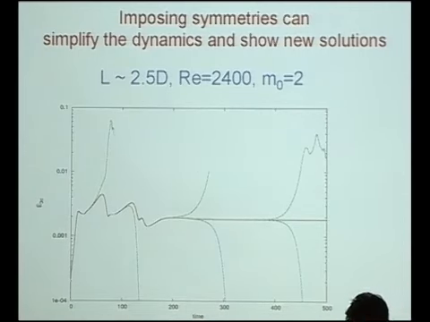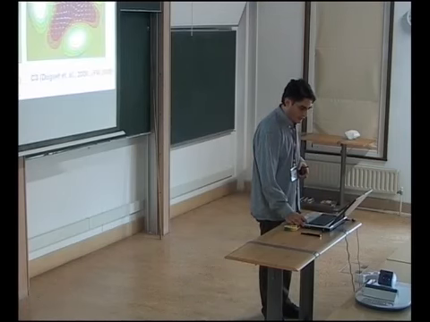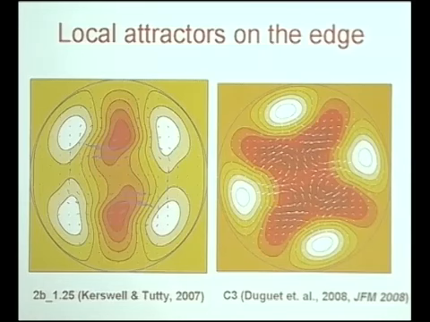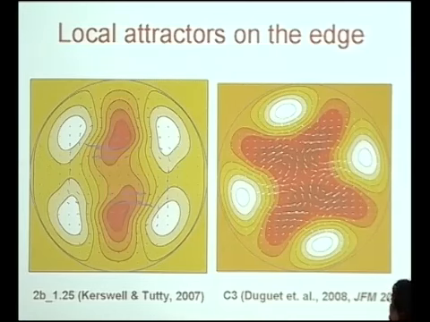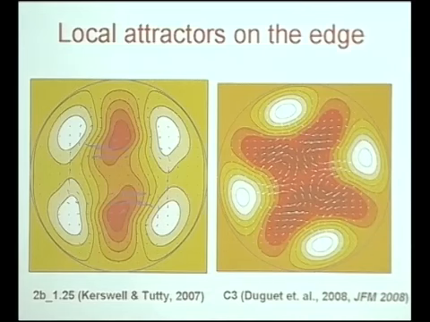And so in this state, this edge trajectory, as for example in Toe's talk or Bruno Eckhart's talk yesterday, the edge trajectory is attracted to a state. And by playing with the initial condition that we take, we can find two of these local attractors on the edge. They both are traveling waves. So this one, for example, was already discovered before, while this one on the right is a new traveling wave,